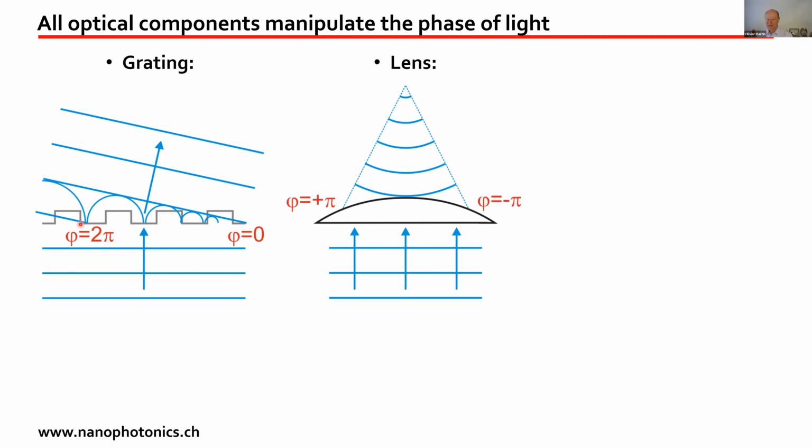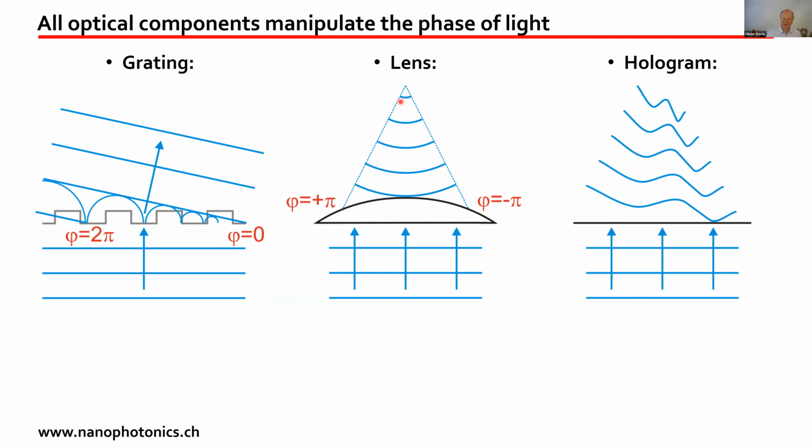The same holds for a lens. A lens, if you look at the ray in the middle of the lens, it just continues straight. But in order for the lens to focus, it means that here on the left, this part of the incoming light has been receiving some additional phase, say plus pi, so it goes on the right. And on the other end of the lens, it's like if you had a negative phase so that it bends on the left, and altogether it focuses. Now, of course, the most arbitrary or general type of optical component you can make is a hologram, where you have a very complicated phase distribution here.